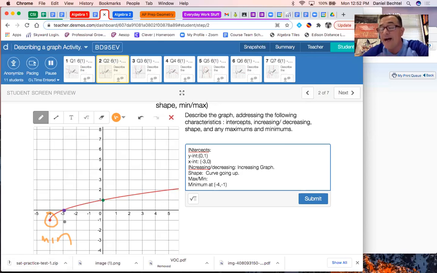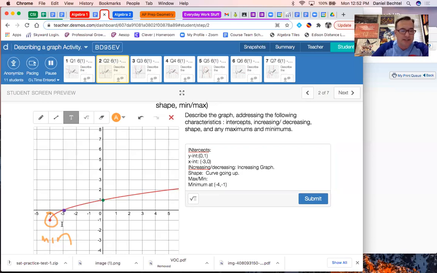Now, what I do to help get more points for this, if I'm going to do this as an actual quiz or a test, I would literally come here and do this. I would circle that, and my writing's terrible, so let's text it next to it. If I did minimum right there, I can at least label what it is, even if I don't know what the point is. I'd love for you to have all your information here, but if you've got them labeled here, I'm going to write, well, that right there,